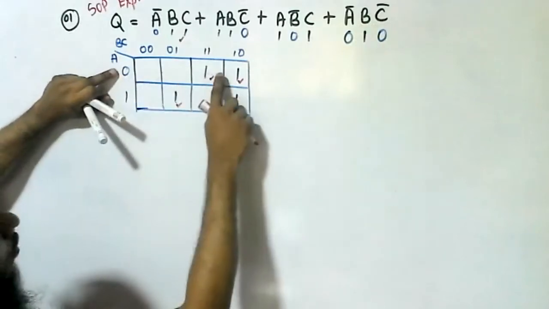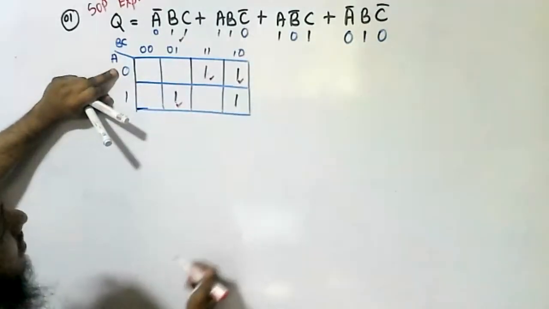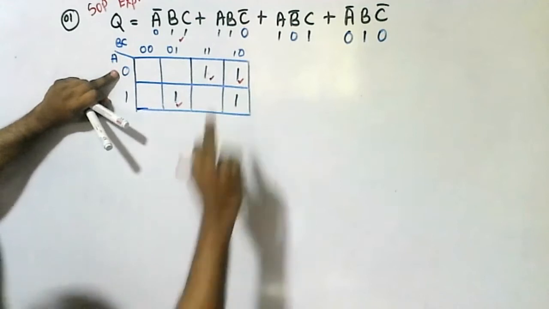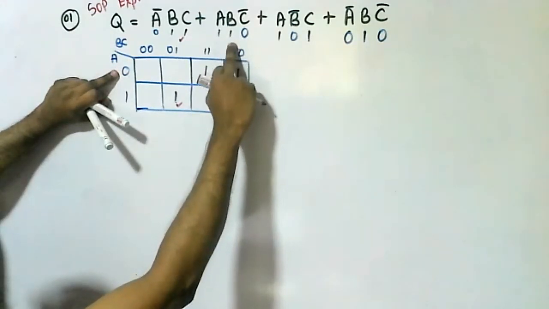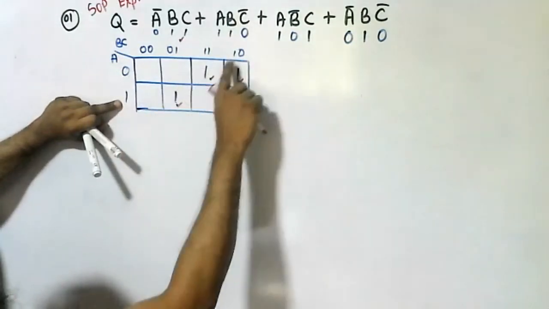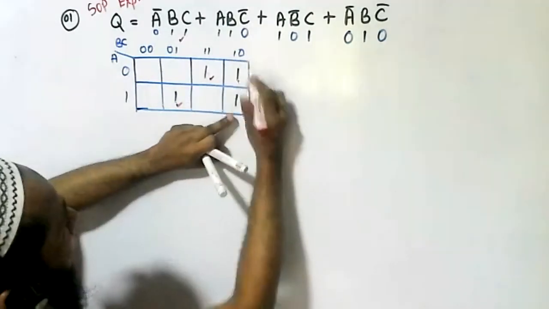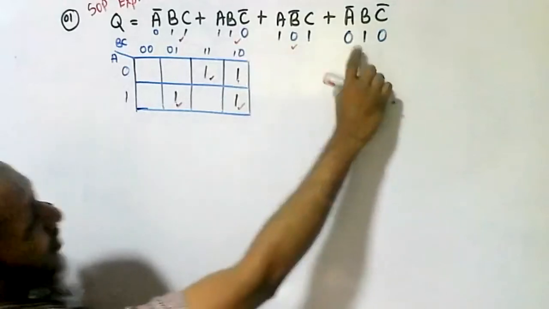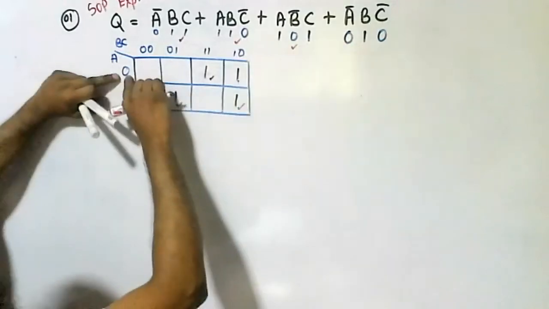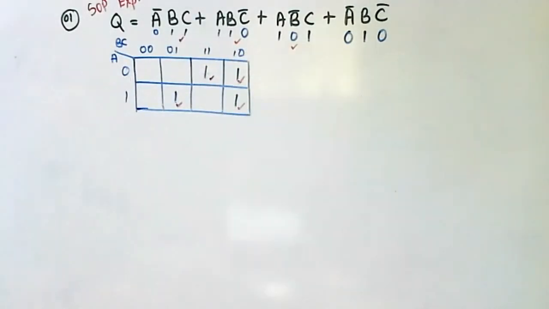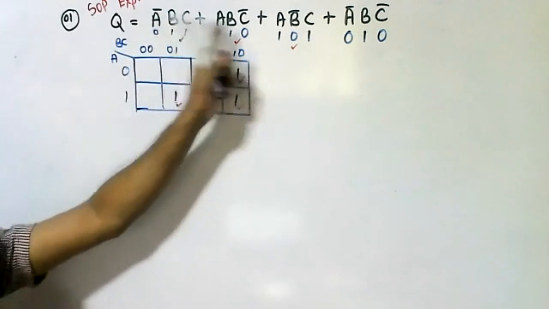Just a minute. Is there any mistake? The second one, we made a mistake. It should be down. Yeah, wait. 1, 1, 0. It meets here. These 3, okay. Now 0, 1, 0 meets here, so 1 is there. So we already mentioned them according to the SOP expression, actually according to the min terms.